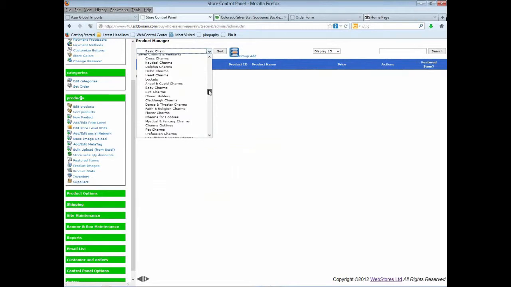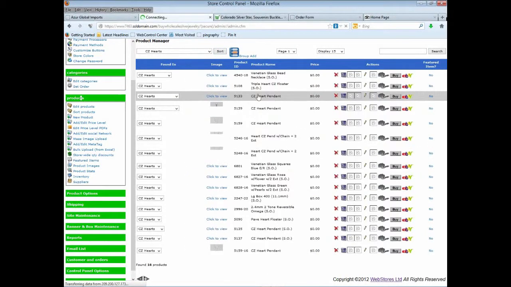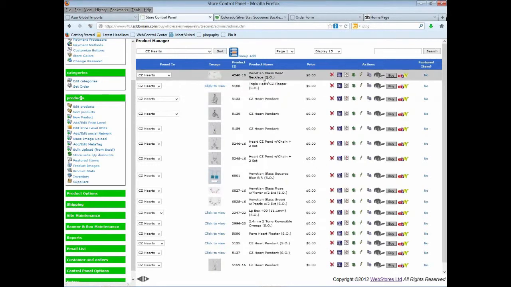Or maybe some of these items didn't get loaded in the last upload. You know, we had in here these CZ hearts, so we'll look at those. And so here's all of the different items that we saw on the front end. We can click on any one of these